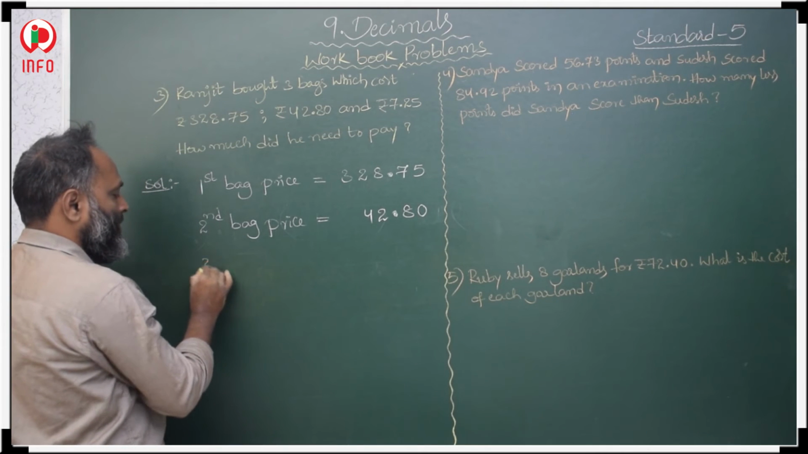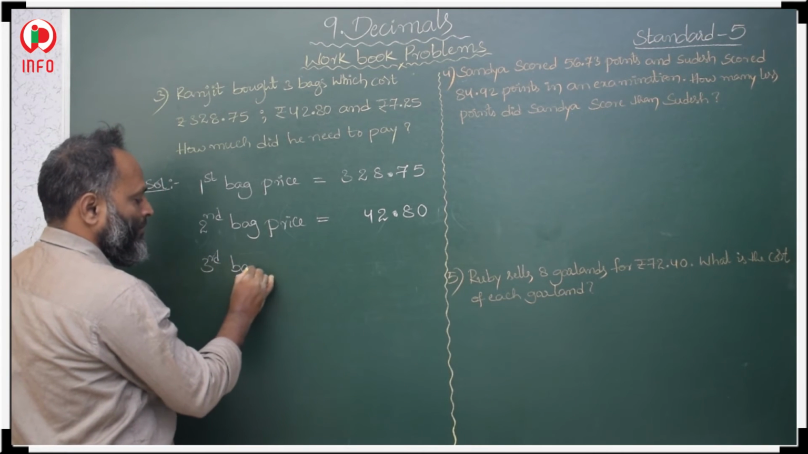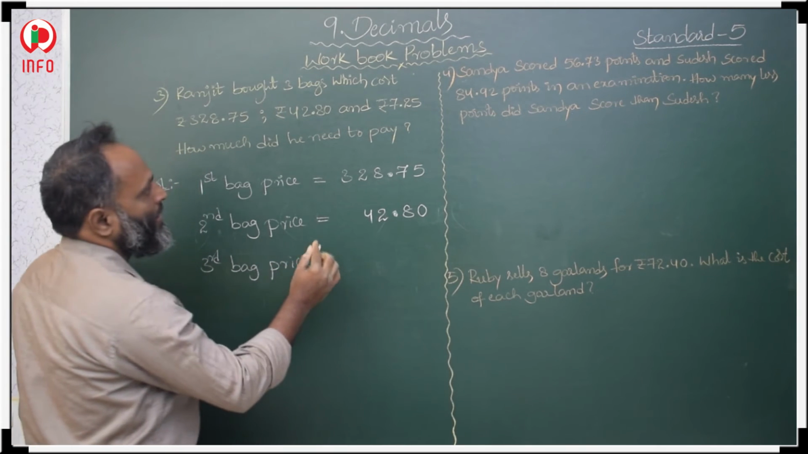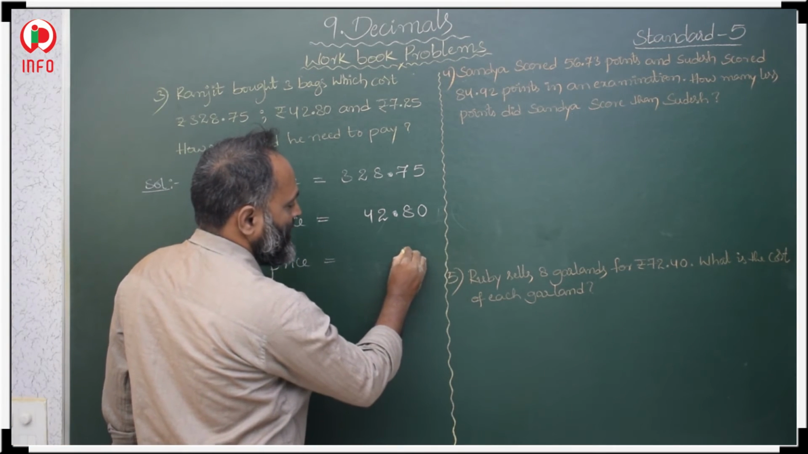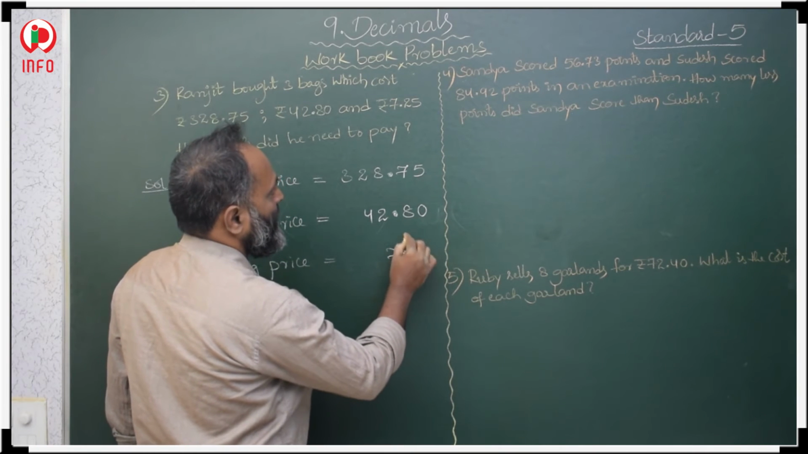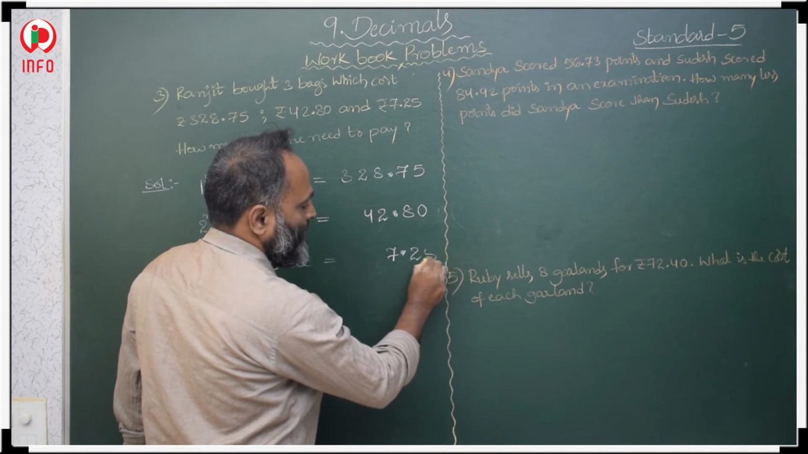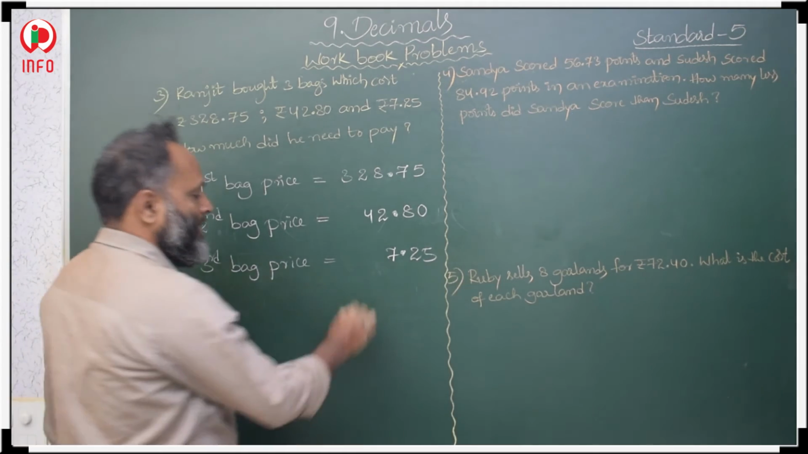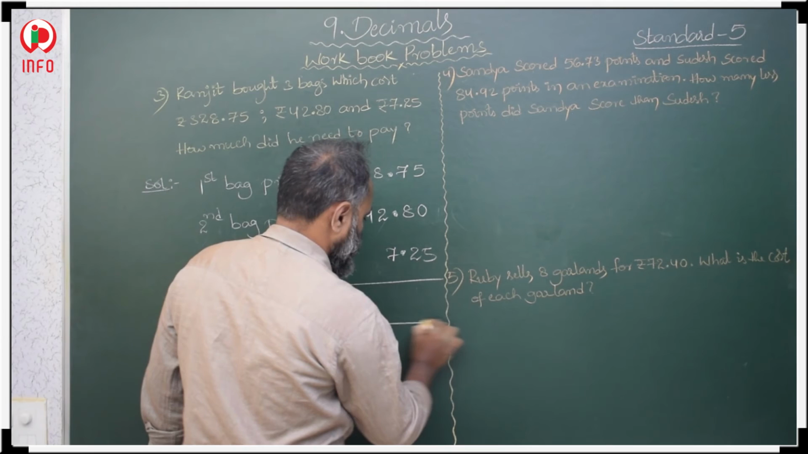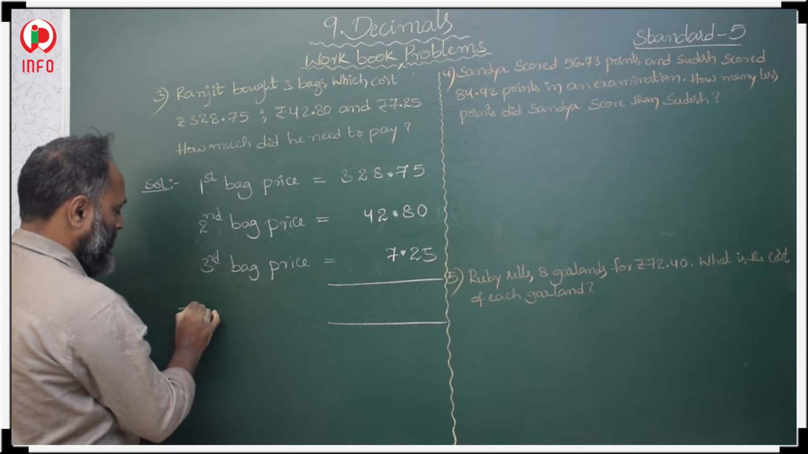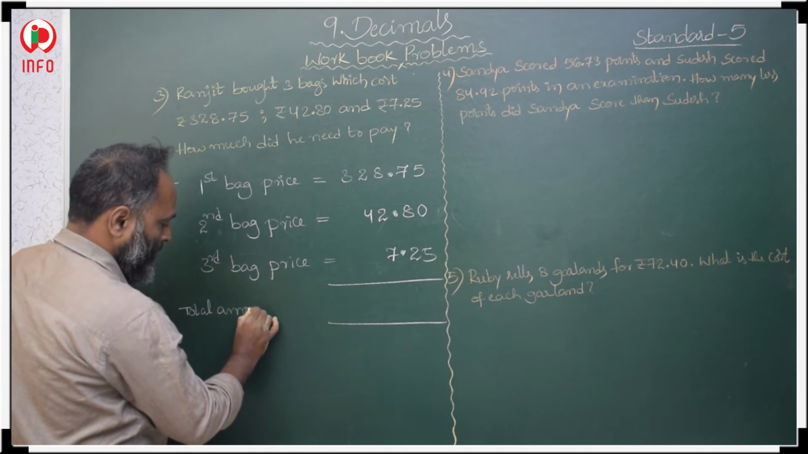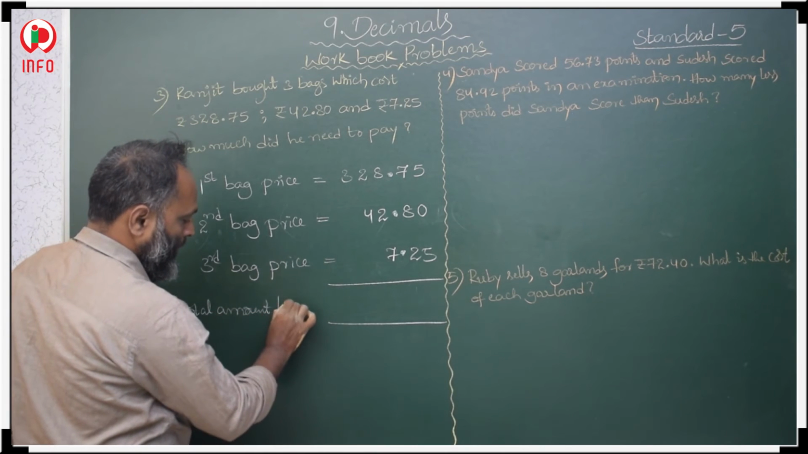Third bag price, that is 7 point here, 7 ones, 7 in ones place, 2 and 5. So this is about all the 3 bag prices. So then the total amount he has to pay